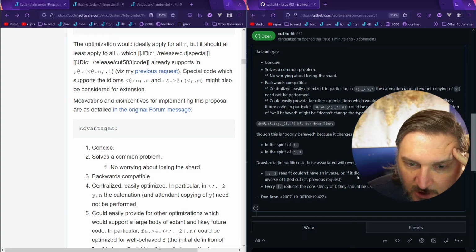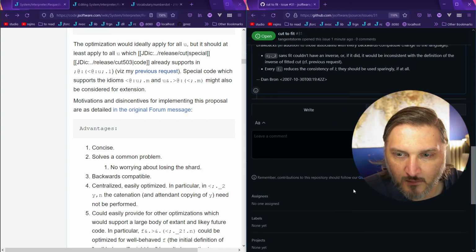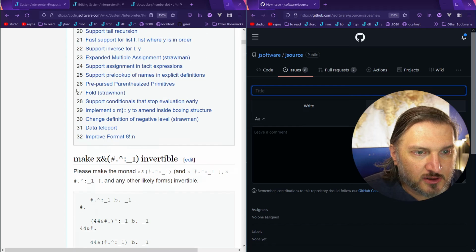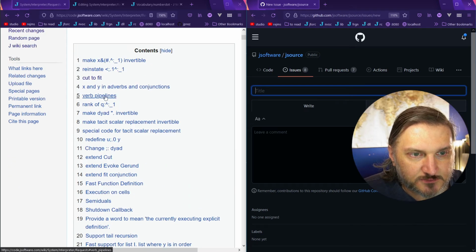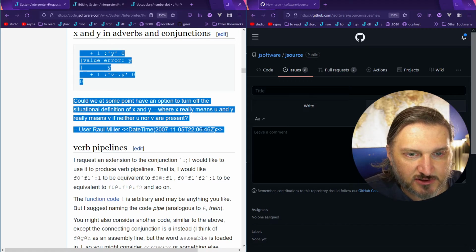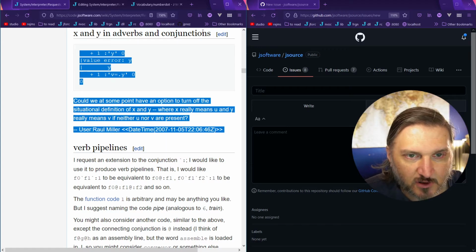Is that not how you do markdown for it? We'll edit these later. This is a rough draft. All right, so new issue, cut to fit, number 31. After cut to fit, X and Y and adverbs and conjunctions. Could we at some point have an option to turn off the situational definition of X and Y? So be able to use X and Y as